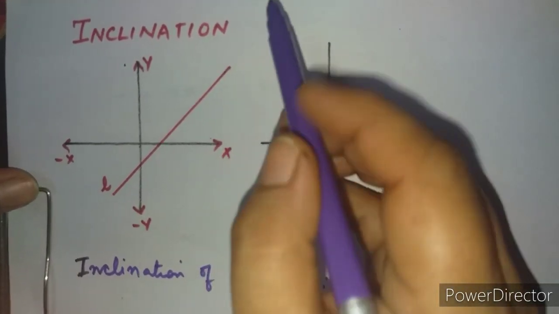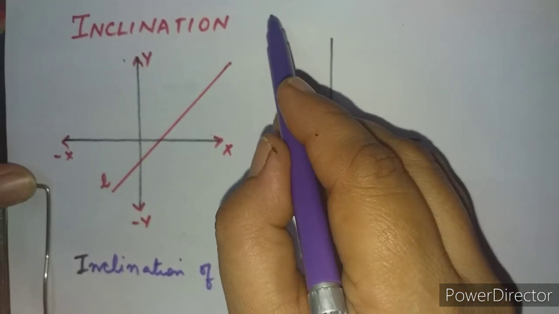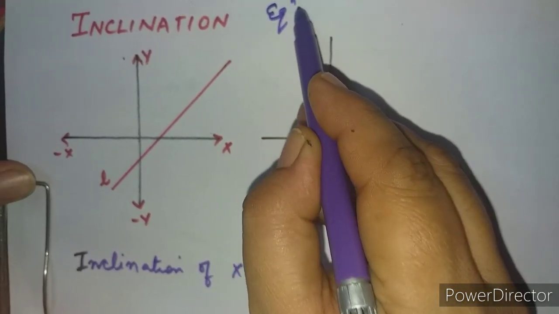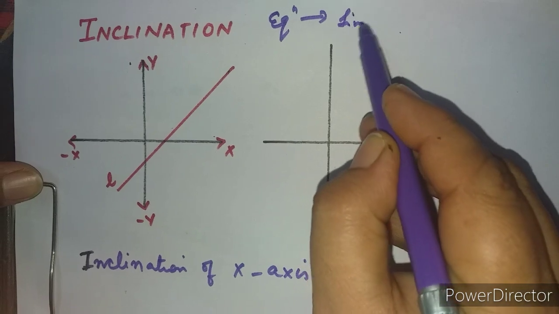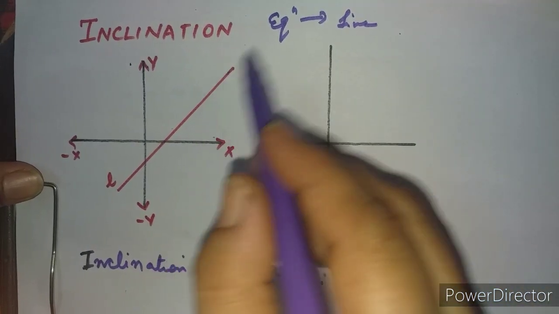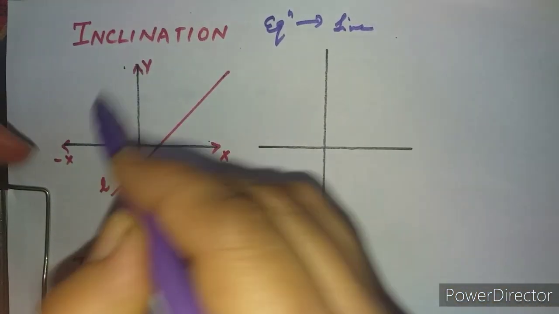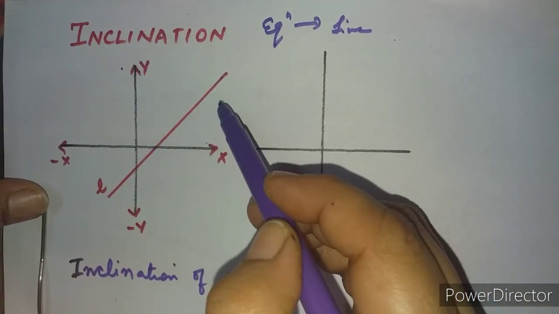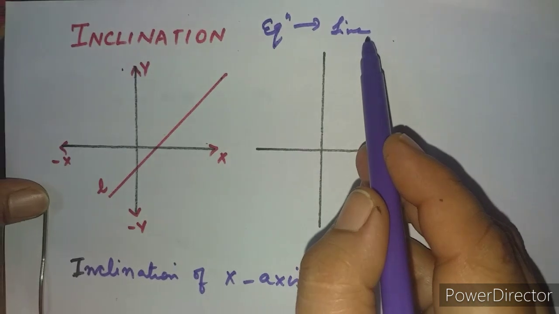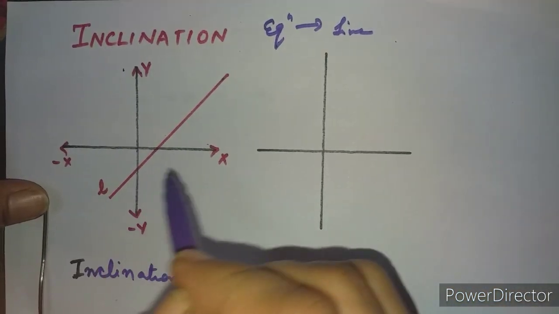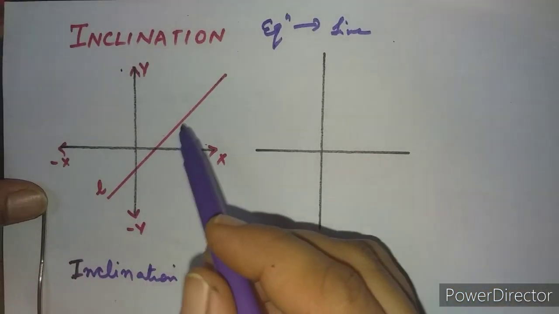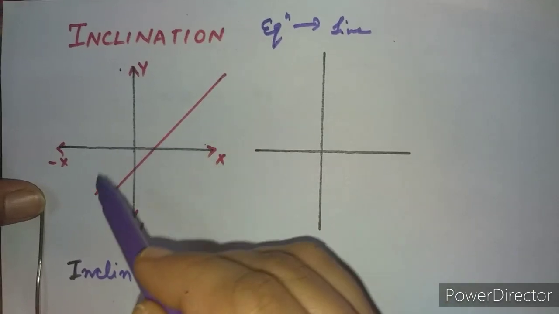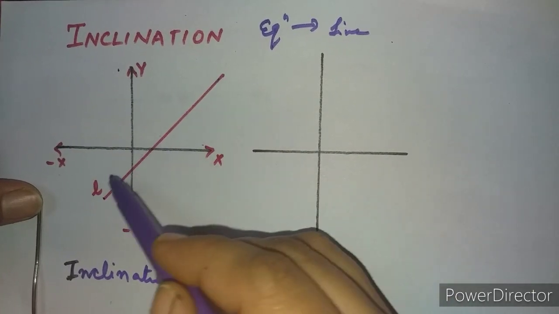Do you remember the same connection, that for every equation there is a straight line, and from every line we can find an equation? This is the correlation between the equation and a line. This is the chemistry between the equation and a line in this particular chapter, right? So I have drawn the same line. You can call it a ramp also, an elevator also.